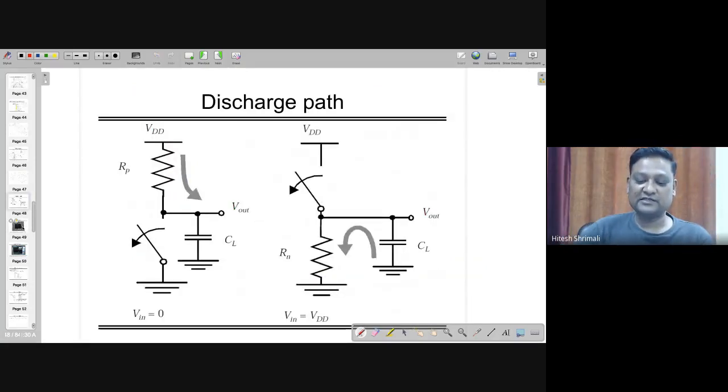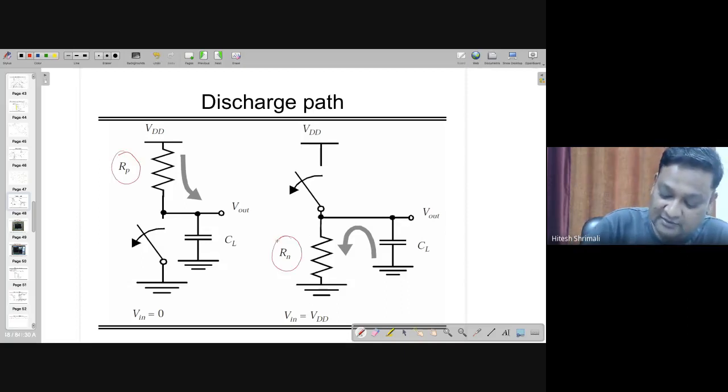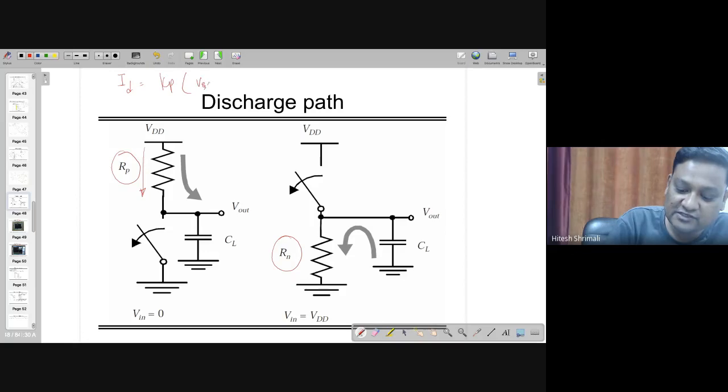so there are charging and discharging paths, through which you can find out the values of propagation delay. But right now this path only has the resistance of Rn and Rp. If you are interested in finding out the resistances Rp and Rn, that is only possible with the fact that the current flowing through this particular branch is equal to Kp times (|VSG| minus |VTH|) times VSD minus VSD square by 2. Right? You can keep all these mods.